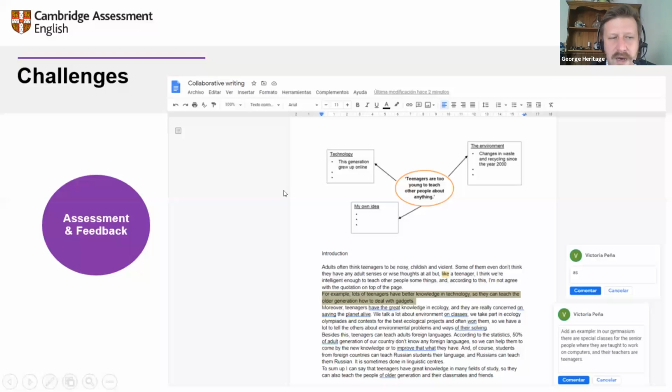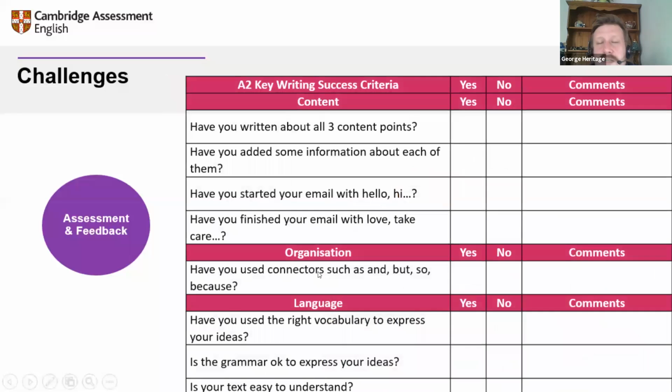And whenever we are trying to encourage students, do you want to go back a slide, Victoria? Yeah, sorry, yes. Wherever we're trying to build peer and self-assessment in, what's really important here, we have these questions, a yes and a no, but then comments or examples. And this is how all of our examiners mark writing and speaking.